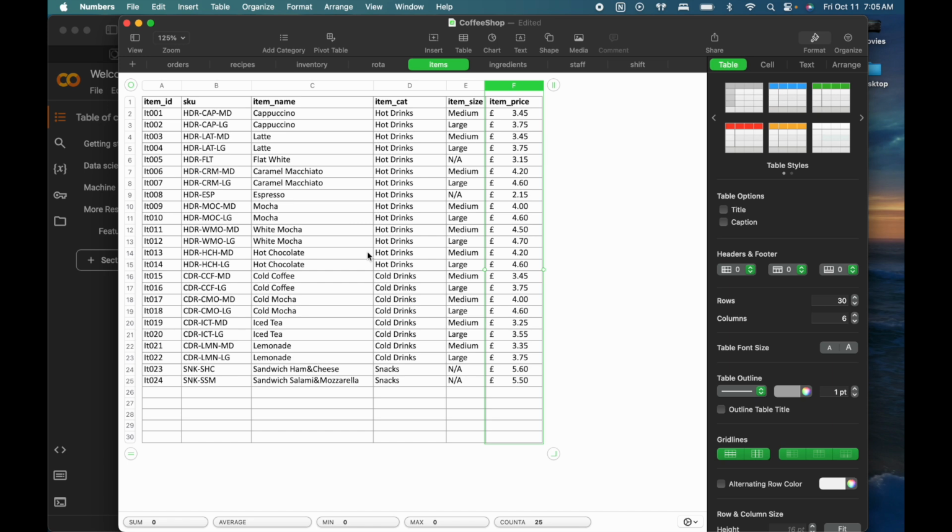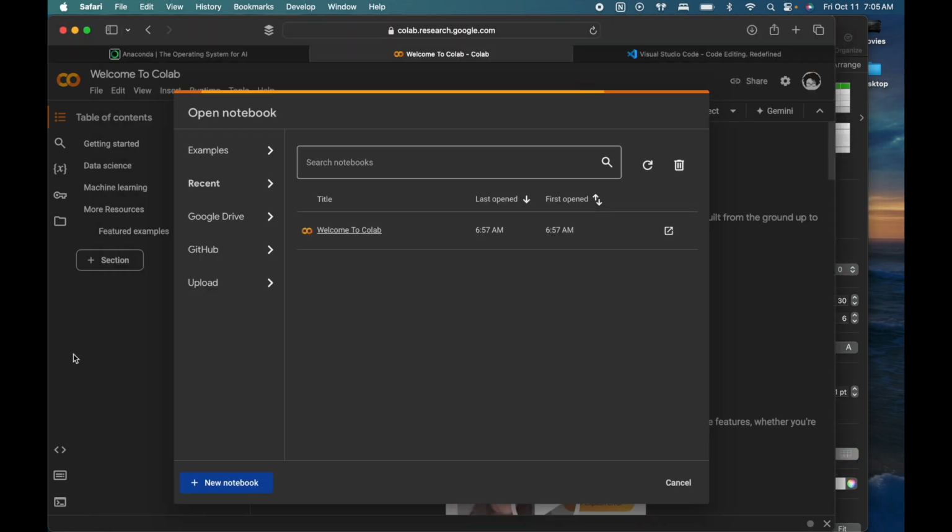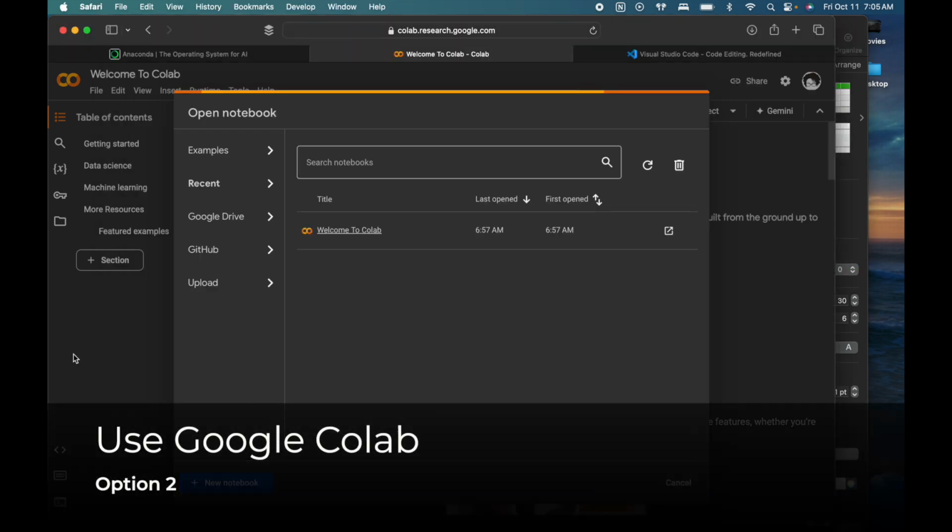For example, in one of my projects, I had a data set that was like 5 million items long. I don't think any Excel spreadsheet or any spreadsheet program can handle that amount of data, so I did have to use Jupyter Notebooks. Now, if you want to be a little bit more technical and just get introduced to